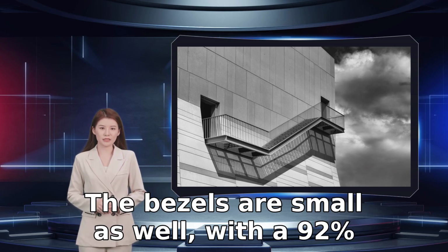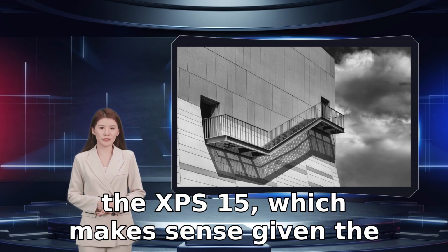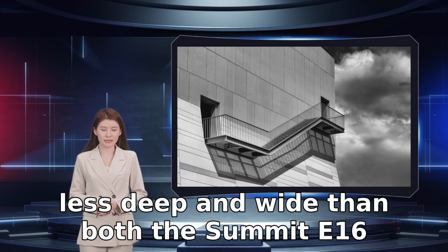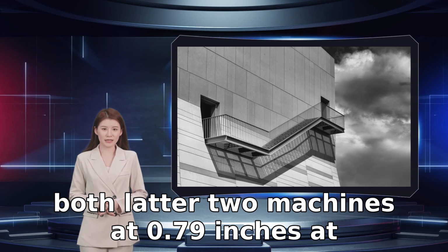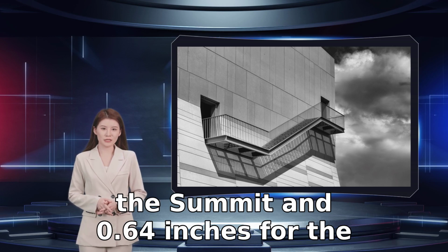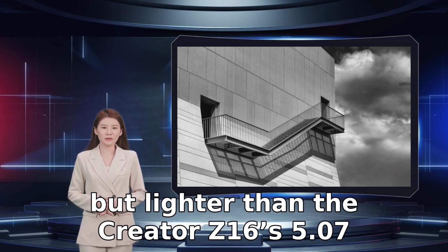The bezels are small as well, with a 92% screen-to-body ratio that contributes to a nicely sized laptop. It's slightly deeper and wider than the XPS 15, which makes sense given the Dell's 15.6-inch display, and it's slightly less deep and wide than both the Summit E16 Flip and the Creator Z16. The IdeaPad Slim 7 Pro is thicker than both latter two machines at 0.79 inches at its widest point versus 0.67 inches for the Summit and 0.64 inches for the Creator. It's slightly heavier than the Summit E16 Flip at 4.59 pounds versus 4.4 pounds, but lighter than the Creator Z16's